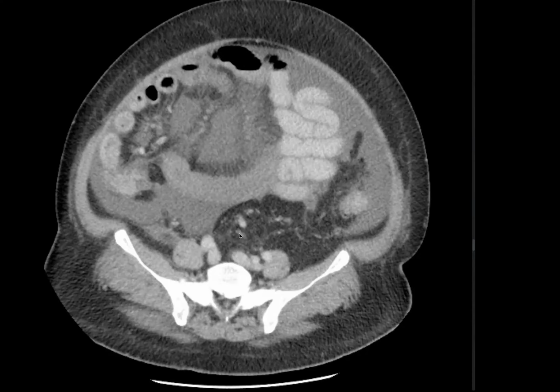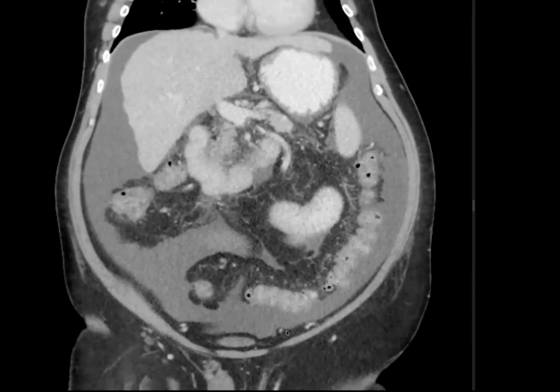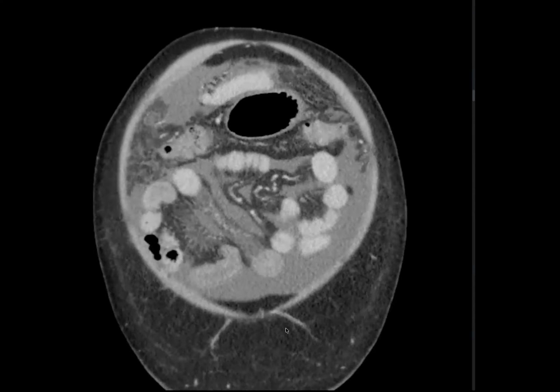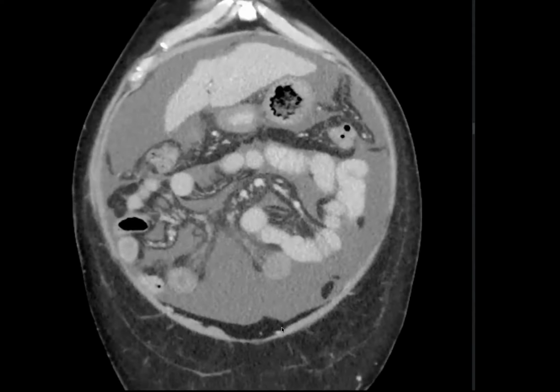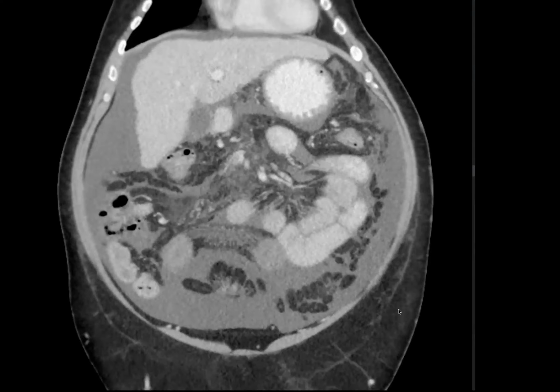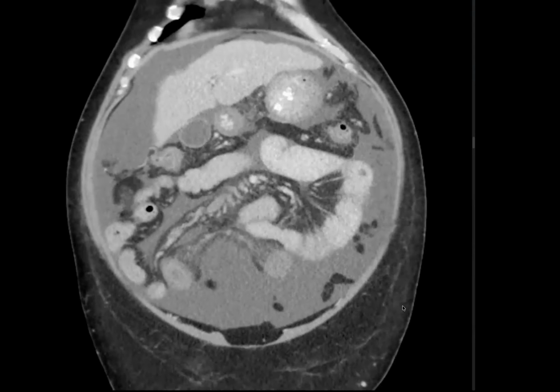You did ask for the coronal ones. I'm more than happy to show it to you now if you want to see it once, although I personally do not think it adds anything of value here. Is there anything specific you were looking for when you asked for the coronals? I just wanted to look for